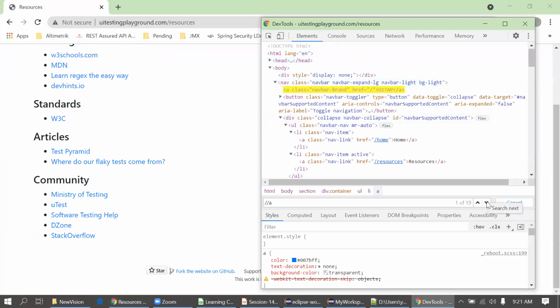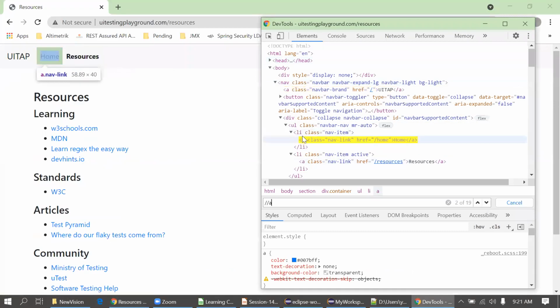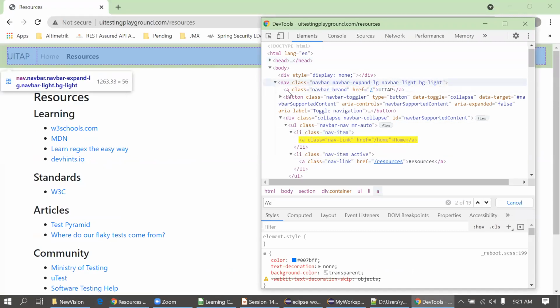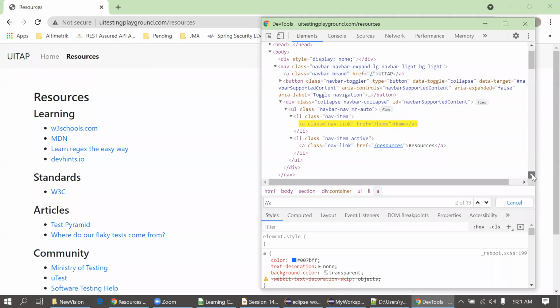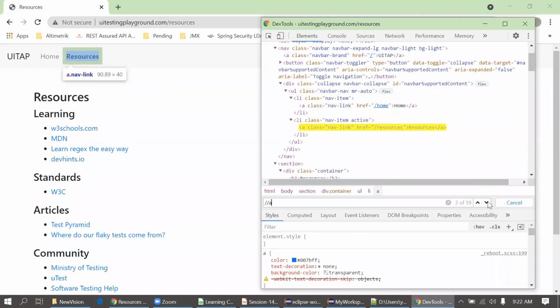So I'll just go down. It is a line A. There is no pattern here for this, but I know that in every class I am seeing the nav. Here also nav, nav. Here also nav, nav. It's navigation, that's why. Then I'll go for the third one. Again, in the class, I'm seeing the NAV. So I'll simply exclude based on this name, NAV.